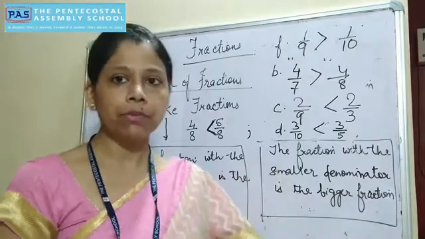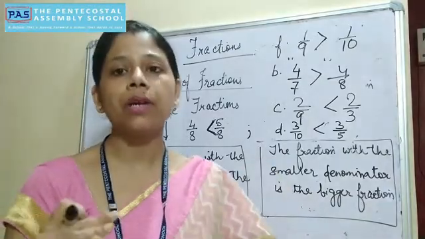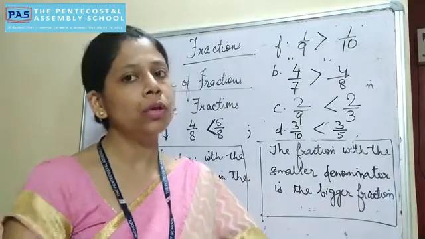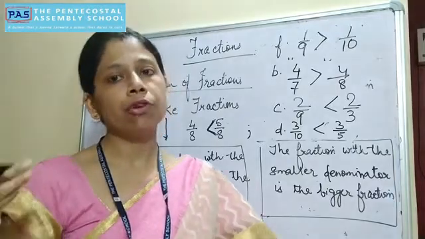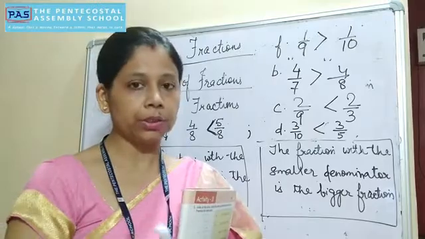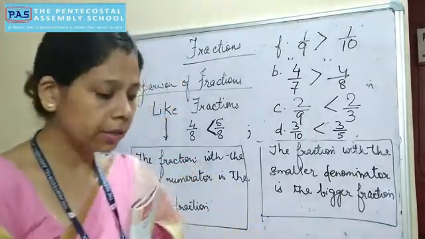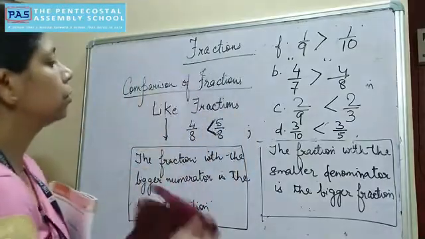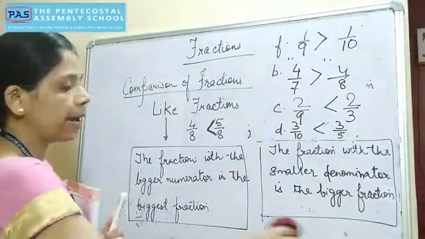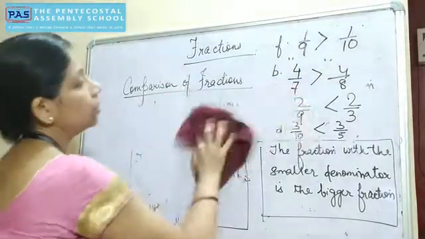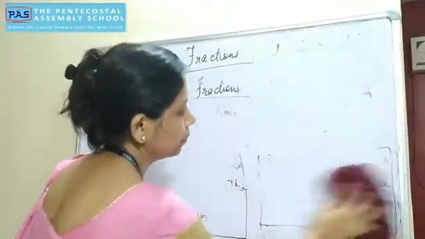The same concept will apply. So what is ascending order? When we are arranging from smaller to the bigger, when we are going from smallest to biggest. And what is descending? From largest to the smallest. Okay, and with the help of this concept only, we will be doing that. Okay. So now erasing the board and erasing this also. I hope you have taken this out or copied this somewhere.